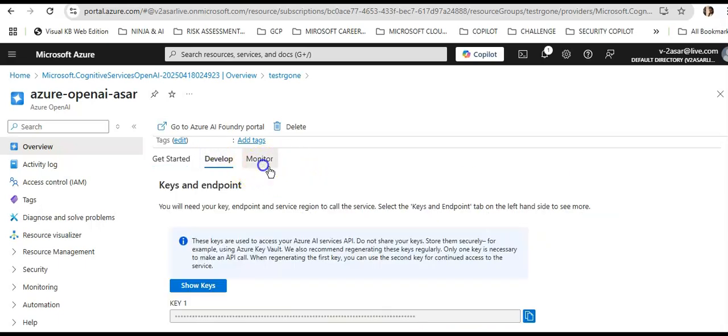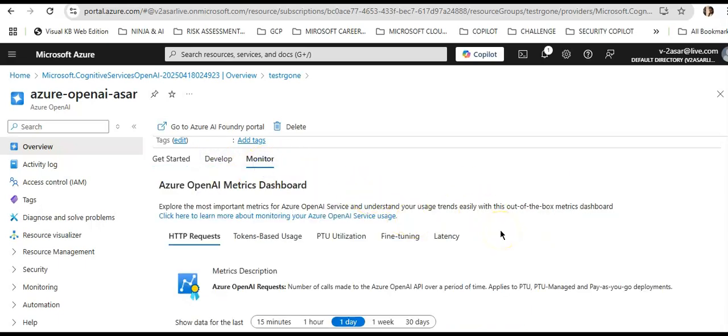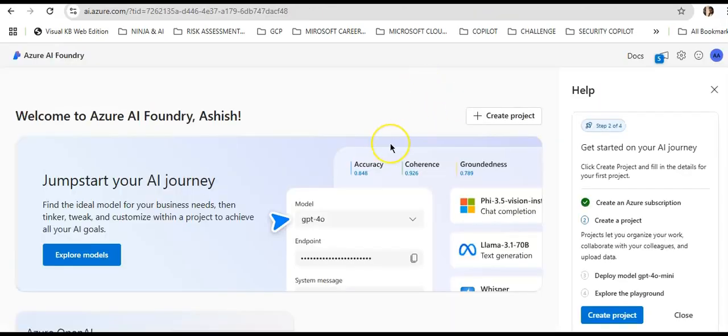You can develop it, you can monitor it, explore the options that you would like to explore. Now, when you are in the Azure AI Foundry, I'll make another video on the Azure AI Foundry as well. But for now, when you are in the Azure AI Foundry portal,